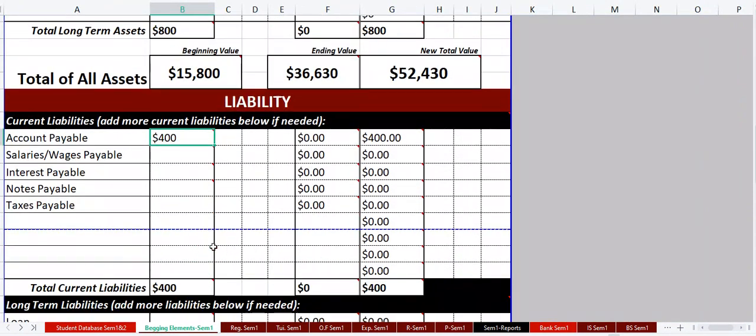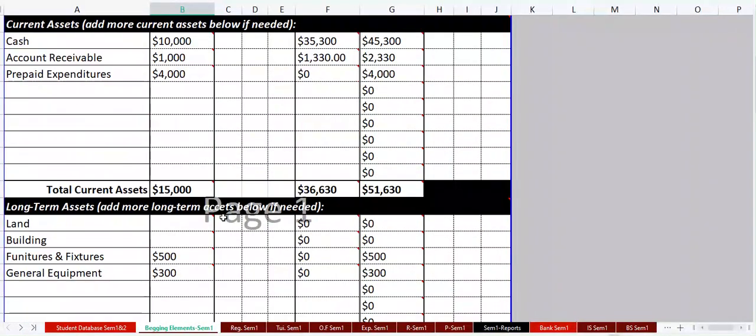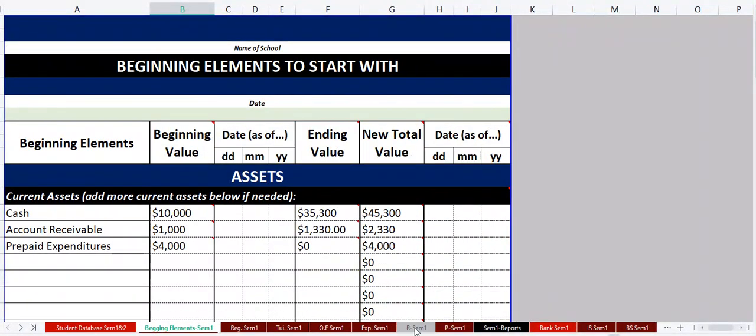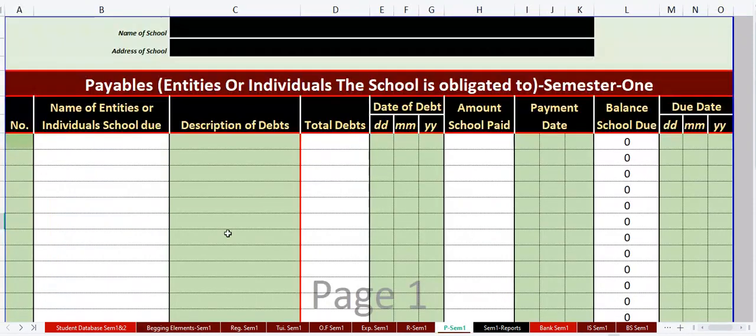Alright, so that's 400 there. We're supposed to pay somebody. So we come here and just go to our payables. We say, well, let's say maybe we say